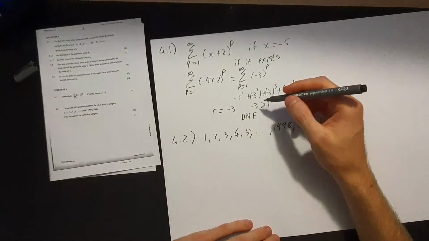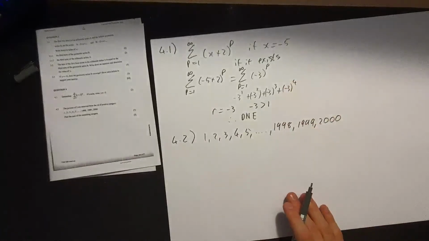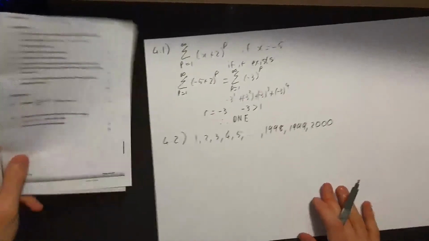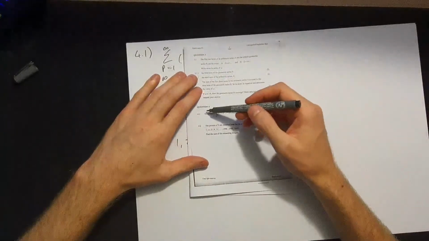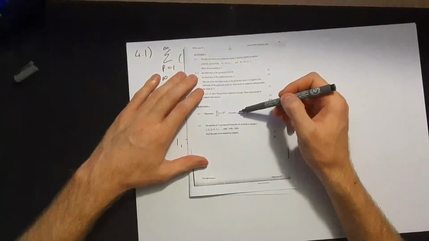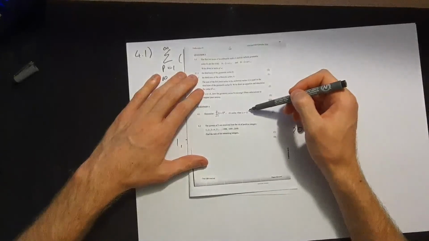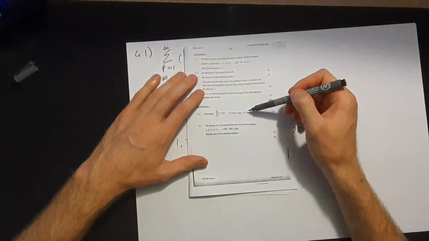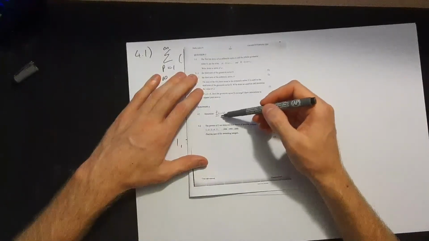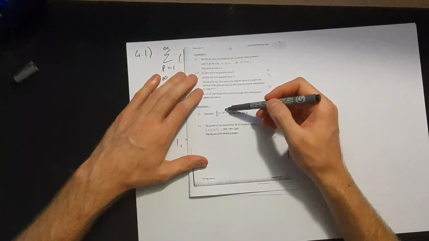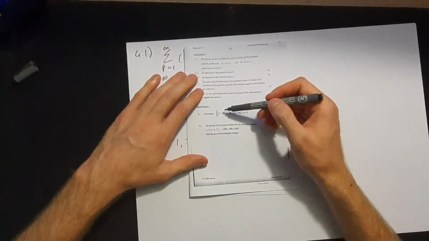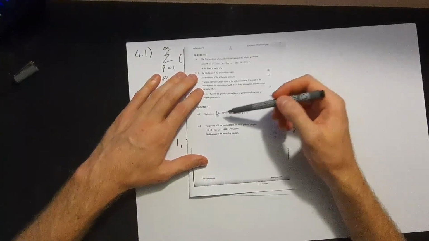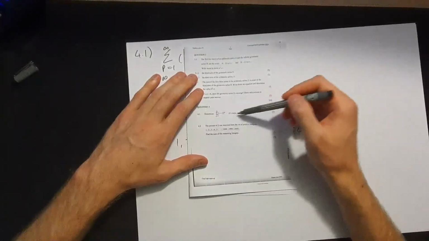Sum to infinity equals negative 7 over 6. Okay, no, how did you get negative 7 over 6 for question 4? Just be careful, because with question 4.1, they're saying determine if it exists when x equals negative 5. So you shouldn't be getting a value. Why? Because this here is going to end up being 3 to the power of p, which is geometric, which means that r is greater than 1,